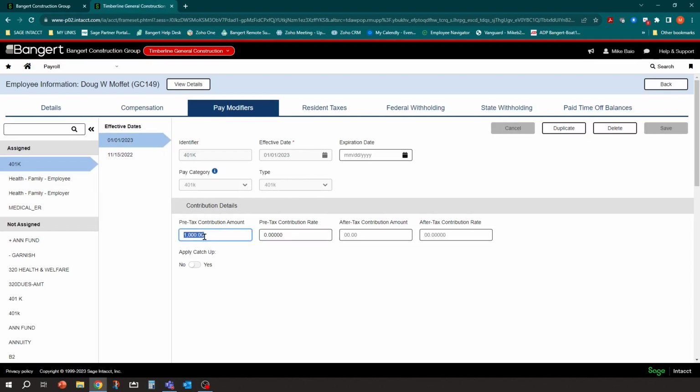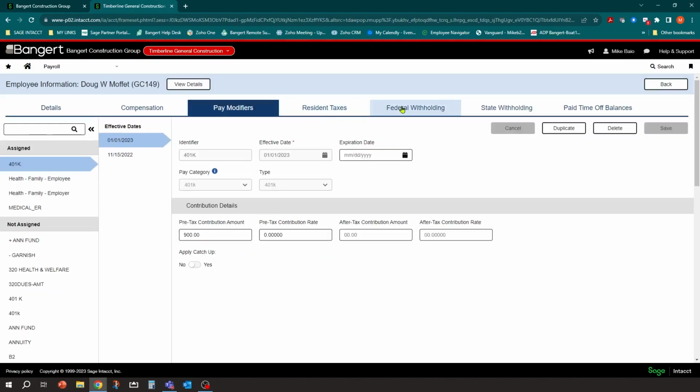So you can see here, it is employee setup. It's set to take $1,000 out. And we'll say in this one, this week he asked if only 900 comes out. So we can change it here. So you could make a different effective date to show the history of it if you wanted to by duplicating it, or you can just override it and come back in and change it back afterwards. So we'll click save here.